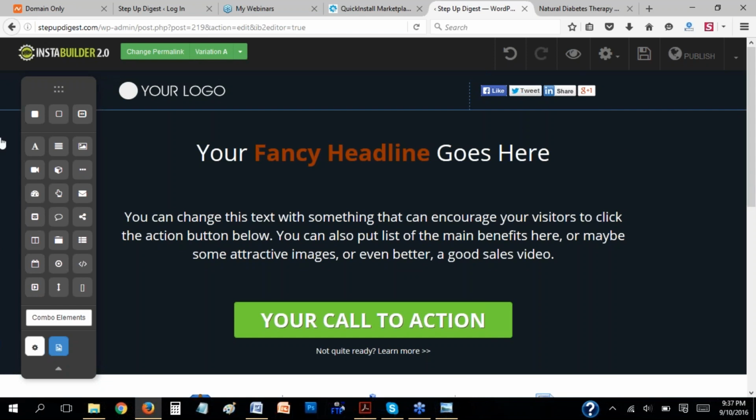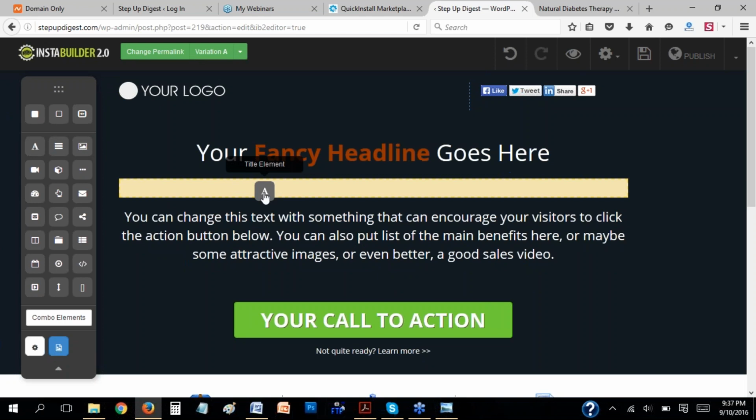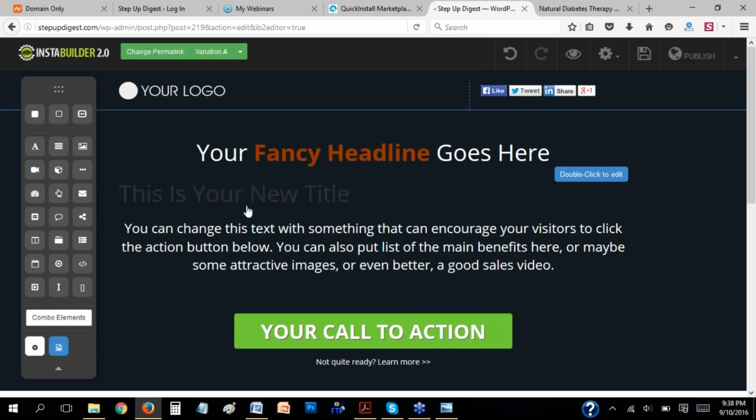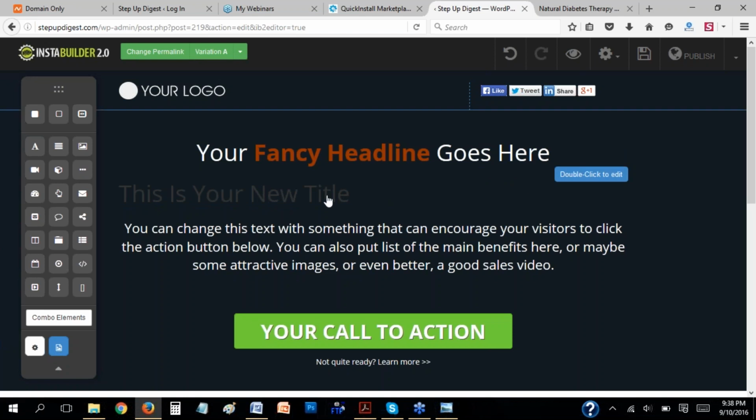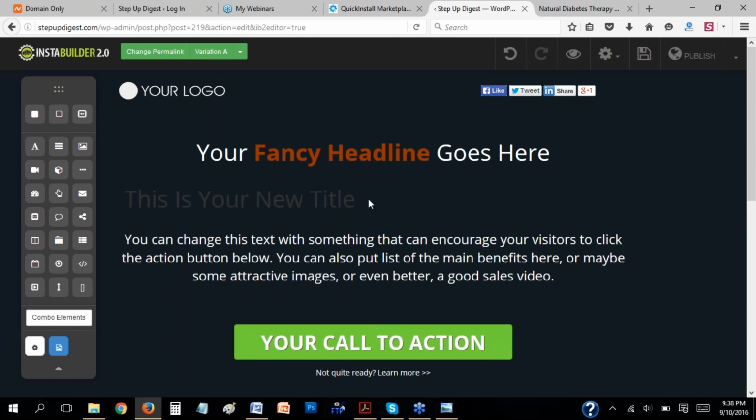Then apart from that, we also have this tool here called a title element. This is just like a big tool when you want to create a big headline. So if I drag this in here now, you can see this thing that says this is your new title. If I want to edit this, I will just double click on it. You can see it is even highlighting itself. It is saying double click to edit. So I can double click on this now,